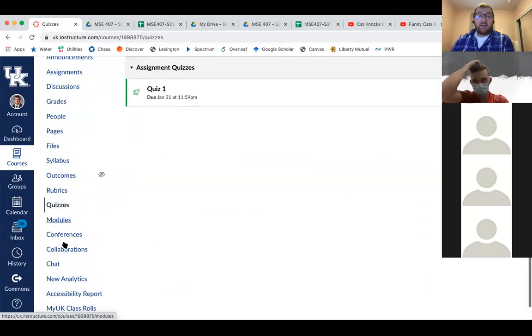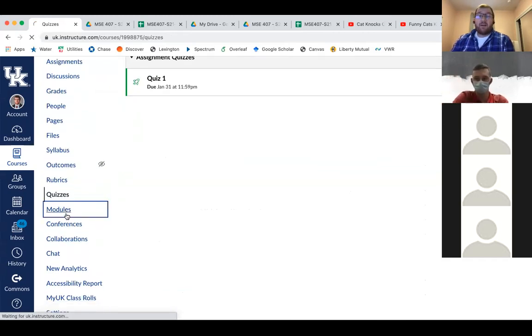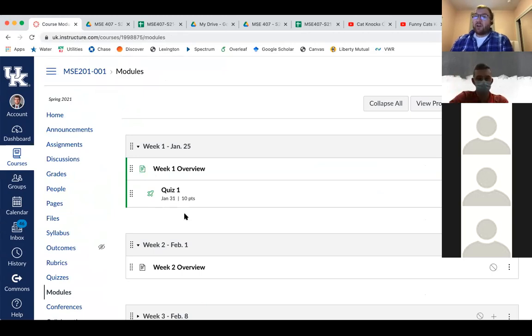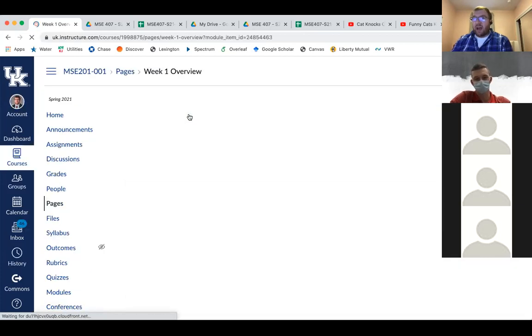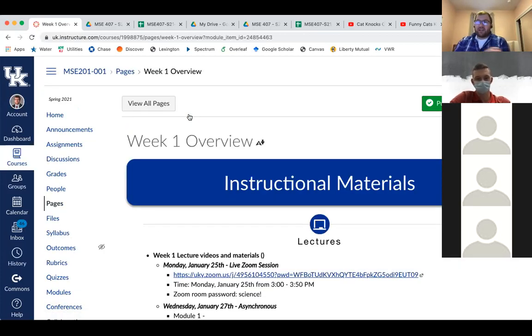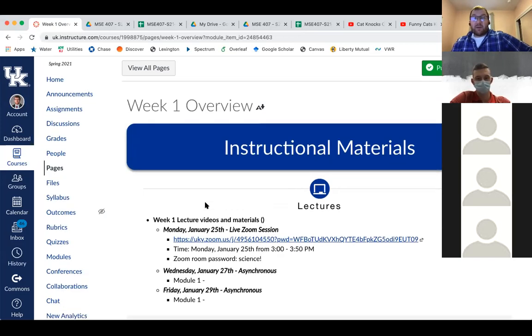The other one is going to be modules. This is going to be the other big one here, so let's go to modules real quick. I'm going to break up the semester per week. Here you see that there's week 1, and that starts today. What I'm going to do is put all assignments that are due that week: quizzes, homeworks, exams. I'll put those here so you have easy access to them. I also have this overview page that describes everything for that week. If you've gotten a chance to look at this already, good. Otherwise, let me walk you through this.